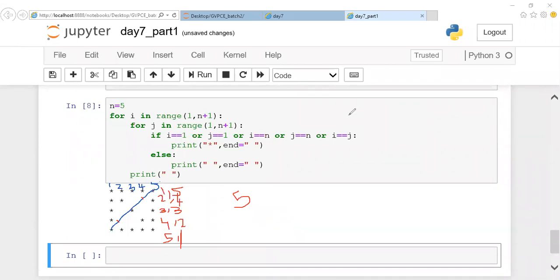Okay, good. n minus j, n minus i, n plus i. Fine. Okay, n minus j, n plus 1. Okay, you modified it. Okay, listen.